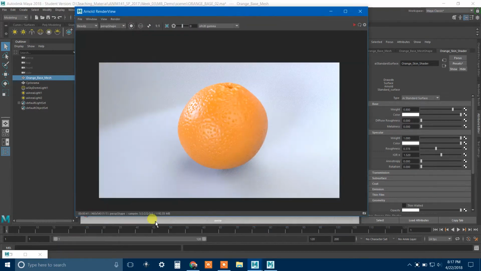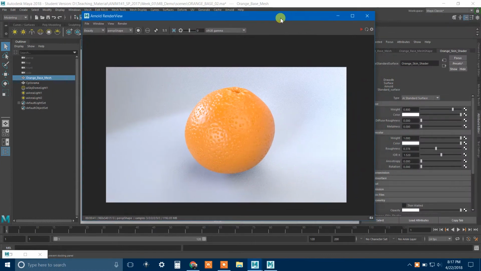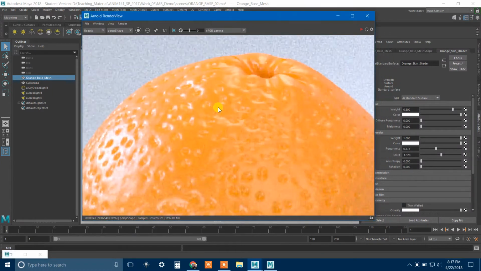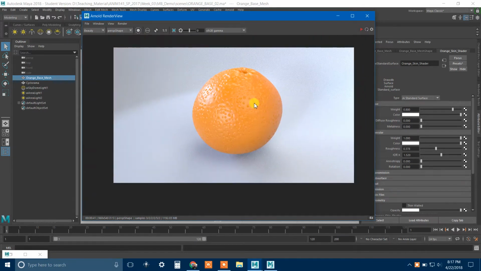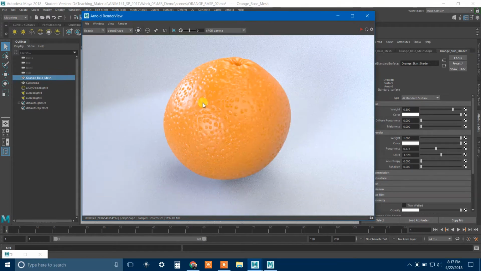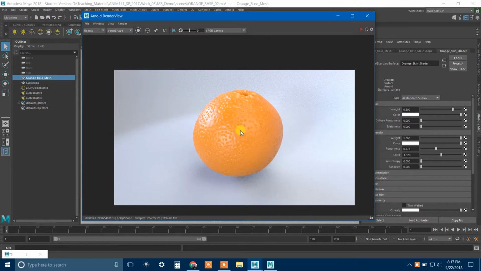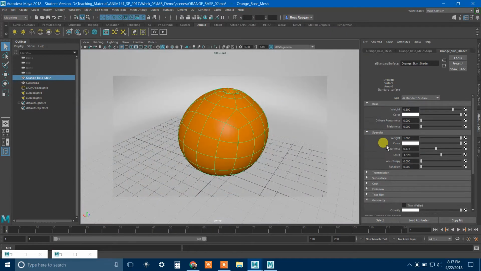Okay, so the first thing is, here is what my render looks like. I just did a render of this, and I have a displacement map and also a normal map. The normal map's just there to enhance the displacement map, but the displacement map's giving me this nice stuff at the top here and all these little bumps. I didn't really make a custom color map or anything yet, so my shader right now is basically